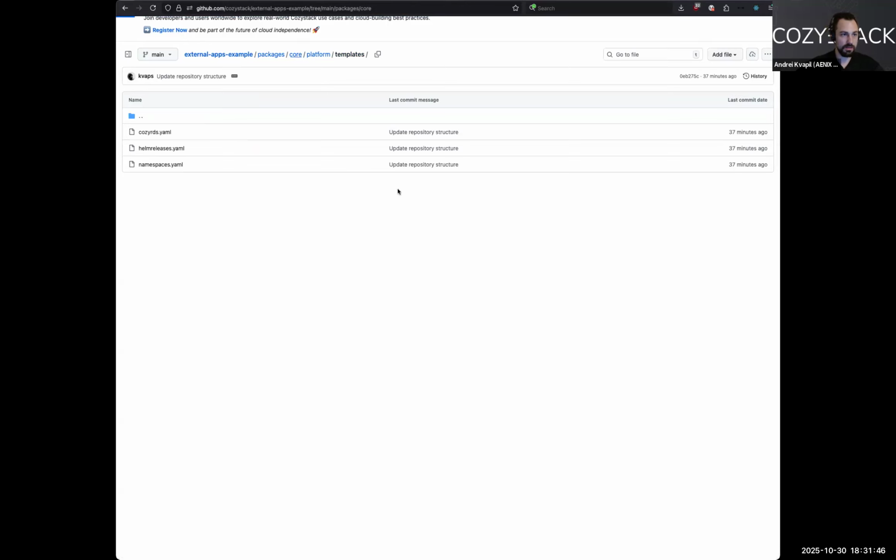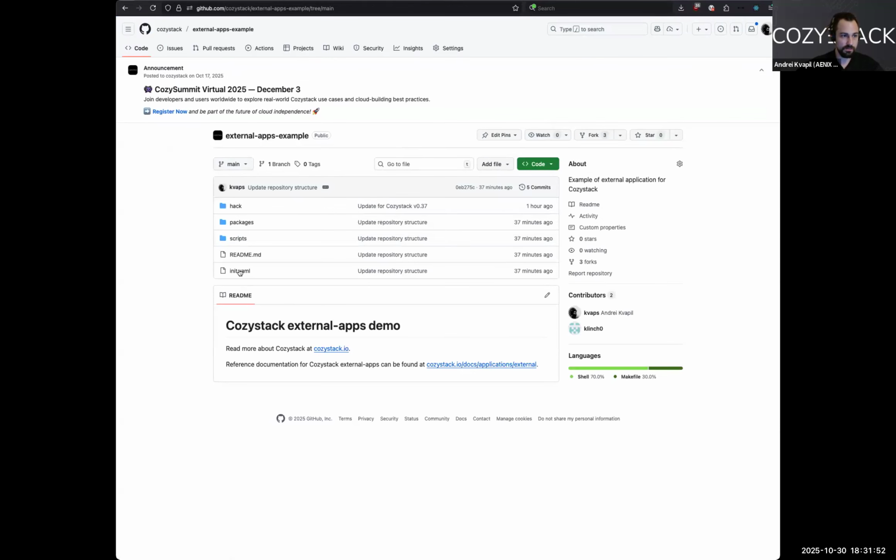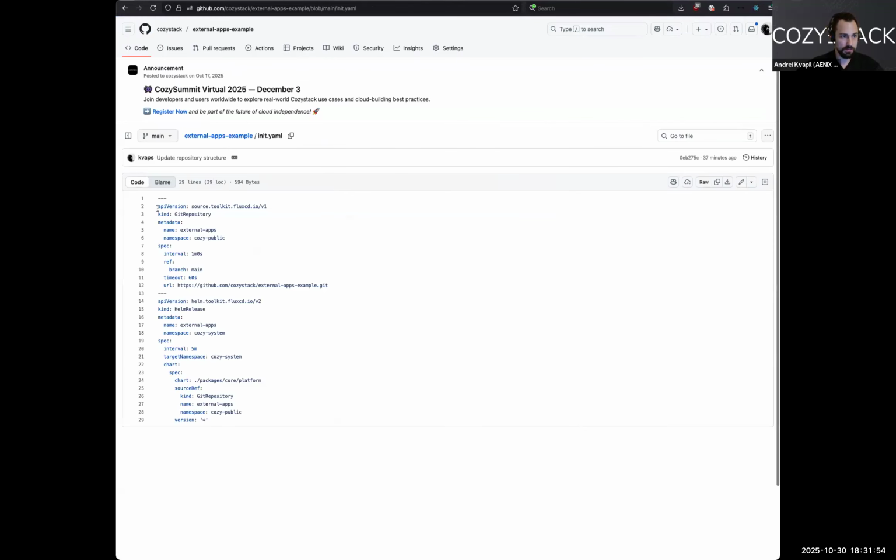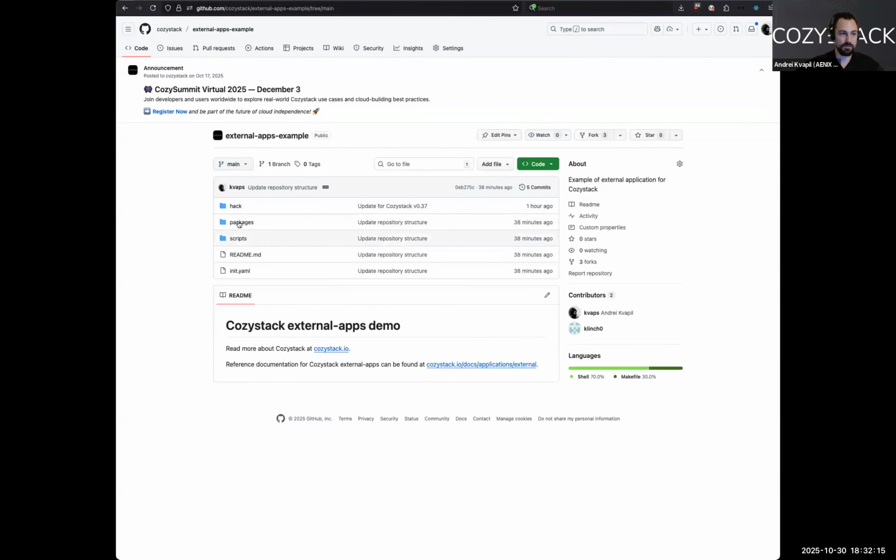This core platform chart can be installed simply with this example. First you need to add your own Git repository into Cozystack. We add it to the Cozy public namespace, and also create a Helm release, which will deploy this core platform Helm release. And after that, it will also install the system application from here,